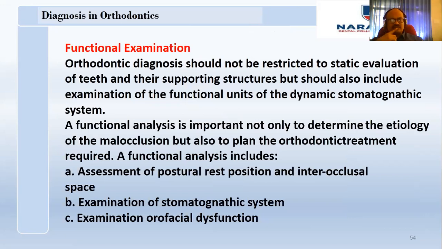So the next important part is the functional examination. We know that in the functional examination, the competence of the lips is checked by the deglutition test, and mouth breathing. If the patient is having mouth breathing, we have what is called the butterfly test and the water swallow test, which we are going to discuss during the discussion of habits. So another important examination is the TMJ examination.